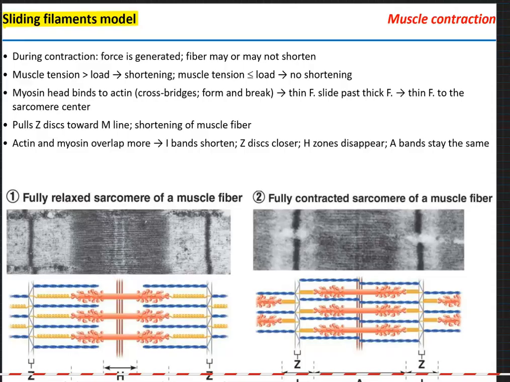Is it a contraction? It's a contraction without the muscle changing its length, because there's no movement. Now, if the tension that you manage to produce is greater than the load, then the muscle will contract, obviously. But if the tension, the force that the muscle produces, is lesser, then there will be no shortening. So how does that work? Well, let's take a look